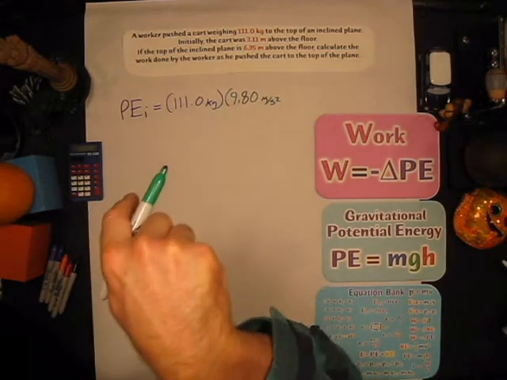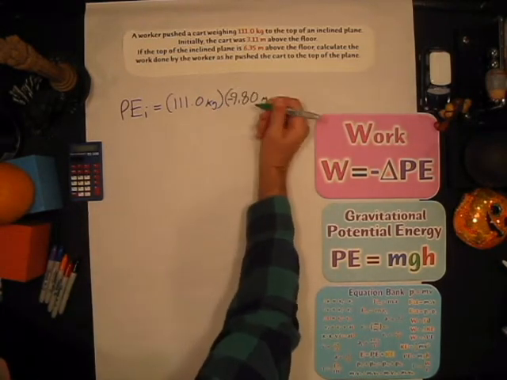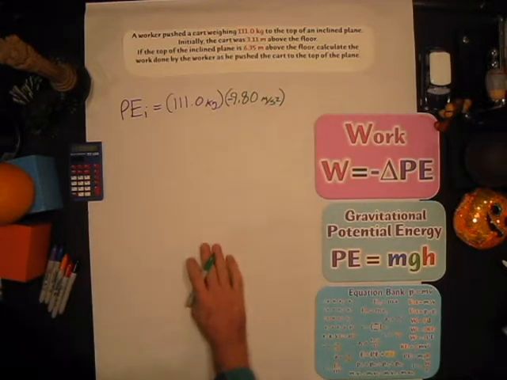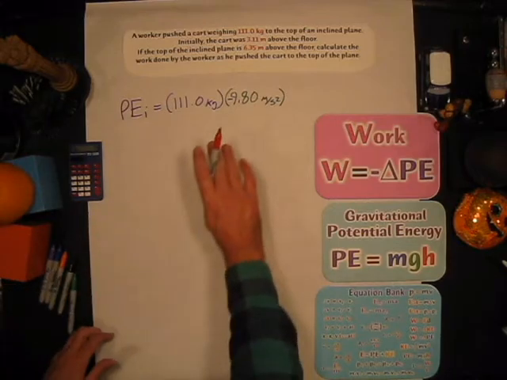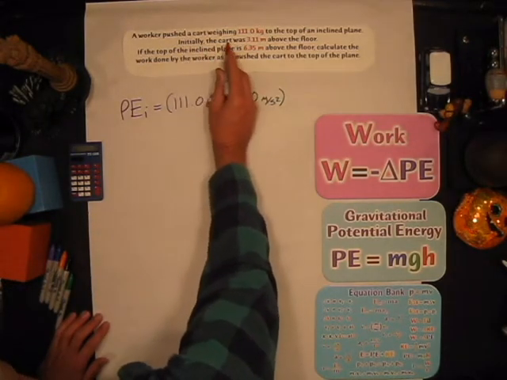Doesn't gravity accelerate downward? Oh yeah, that's negative. Let's just leave that in this time, because in this case it might be significant. Okay, and then the h. What's the initial height above the ground? Initially, the cart was